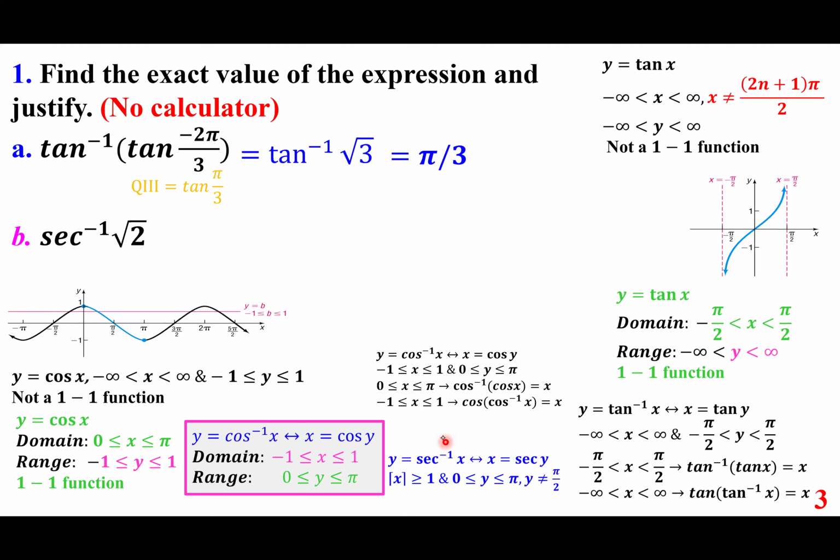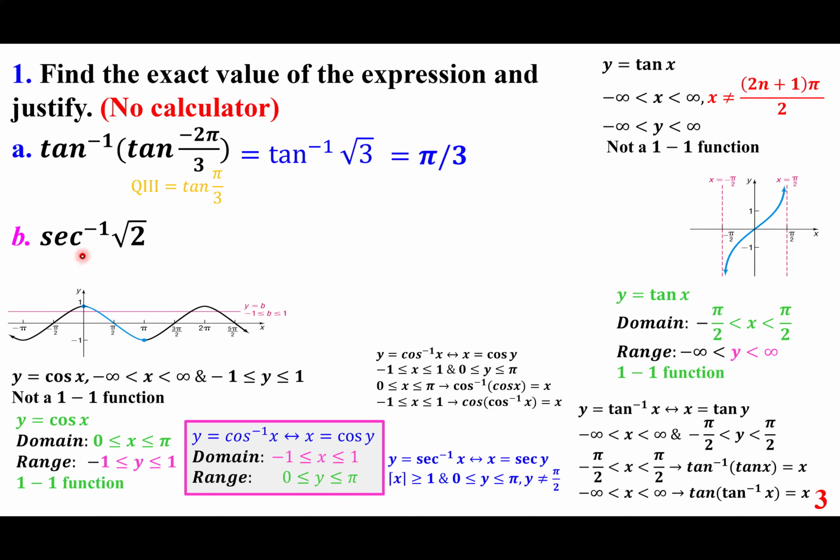Now, what about secant inverse? If y is secant inverse, x is secant y, and the restriction is just like cosine, of course, y can't be pi over 2. Remember, we have vertical asymptotes. And absolute value of x is larger than or equal to 1. So I hope everybody's clear on that. So having said that,